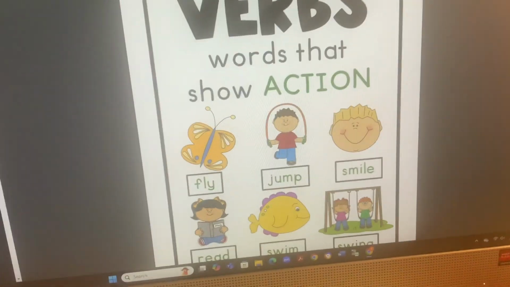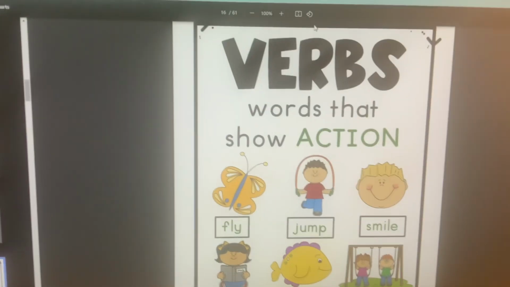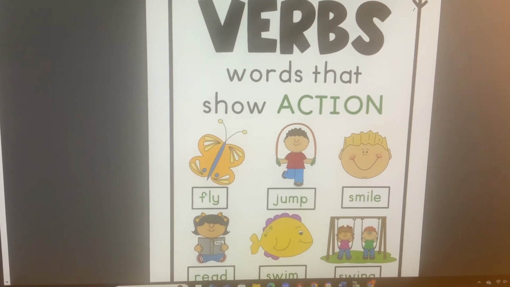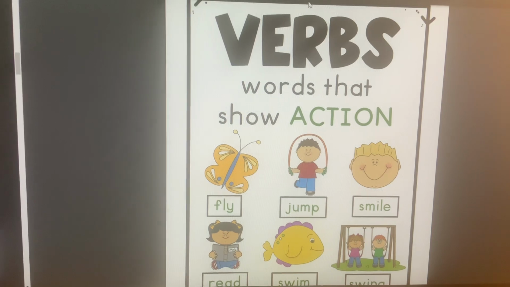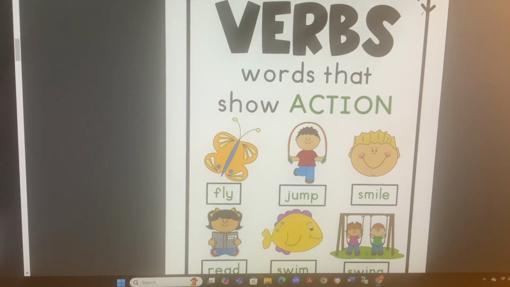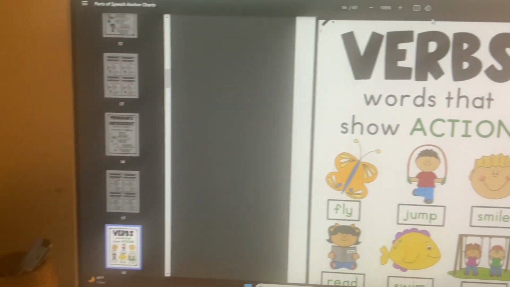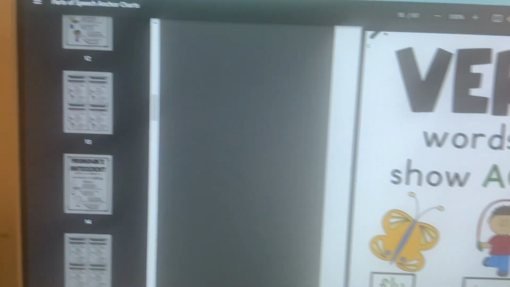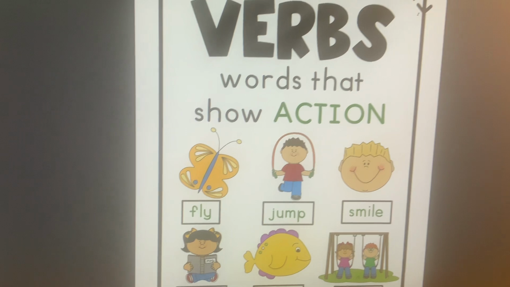I went through my things and I actually didn't have any anchor charts or nice visuals for nouns and verbs. So I purchased one only because this was really inexpensive, and it's on the verb page right now, but it's got a page for nouns and it has, I don't know if you can see, a lot of other things in there. It's got pronouns and a ton of other stuff that you probably will not need, but